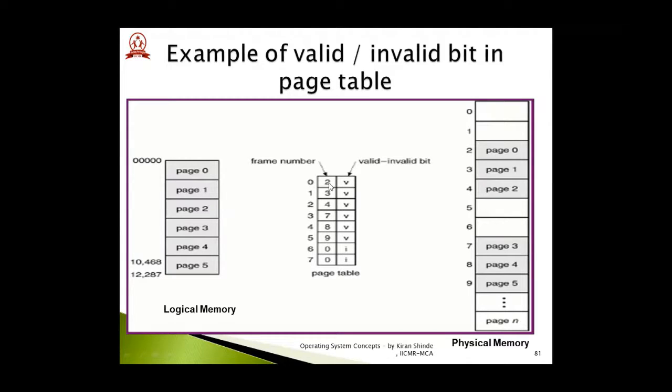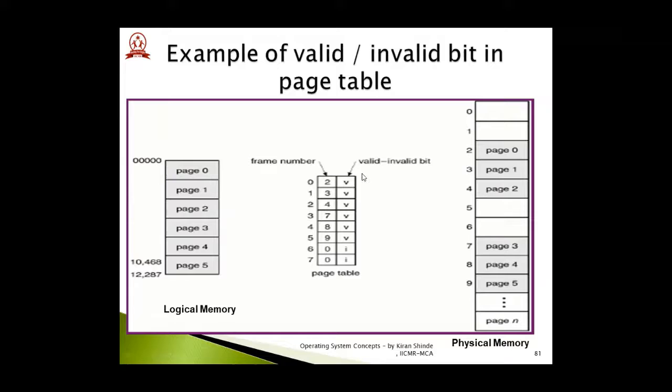Let us take one more example. Page number 2 is mapped with frame number 4. So here you can see this frame number 4 is mapped with page number 2. Right? So this we have already discussed, that page table is a special data structure which is built in the memory in order to understand the mapping of the page with the frame.